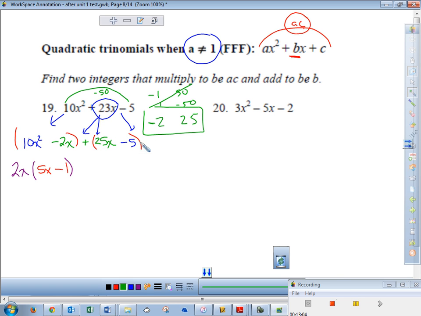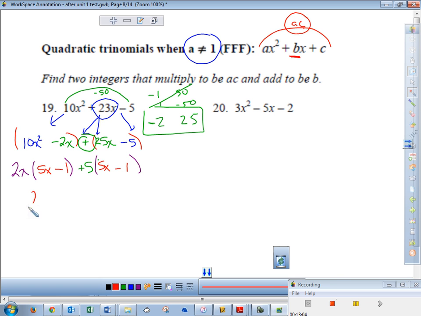Then I do that process all over again, take out a GCF of each one. Whatever sign this is the type of GCF you will take out, so you must take out a positive, and 5 goes into each one of those. But x is not part of the GCF because there's no x in this guy. So once dividing, you will get 5x minus 1. And the way you know you factored by grouping correctly, aka frowny face, is these two groups must be the same. Now we could factor out a 5x minus 1 from each one of these two groups